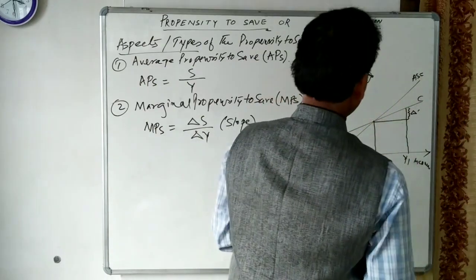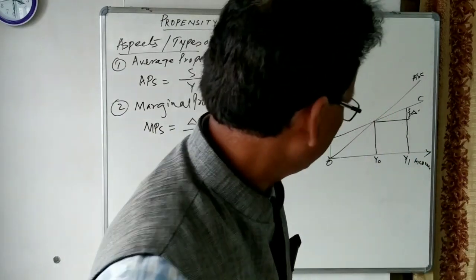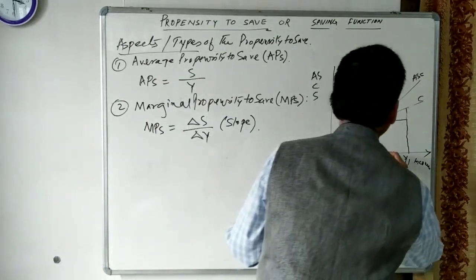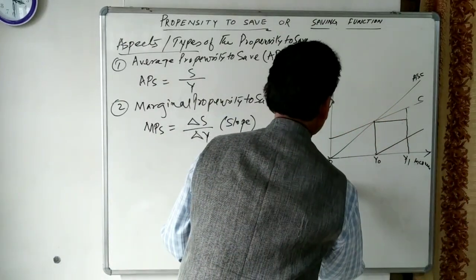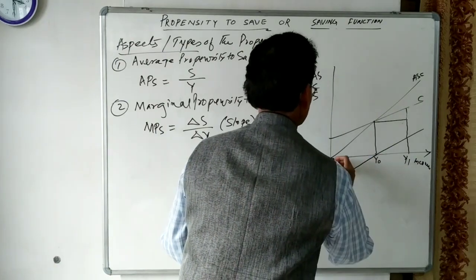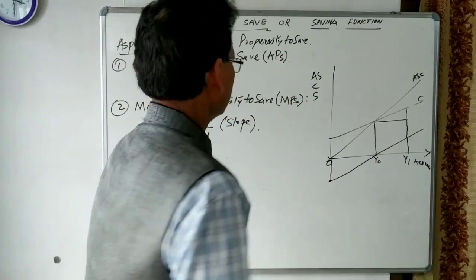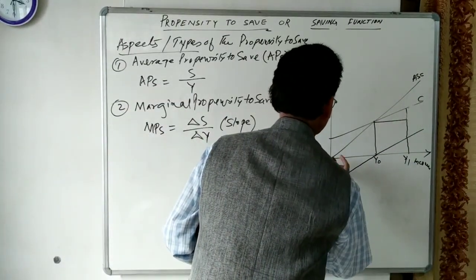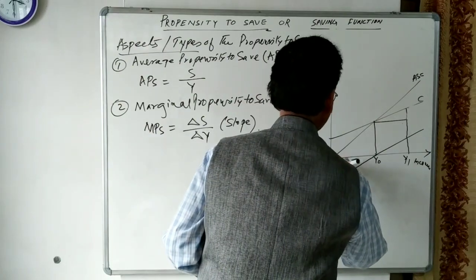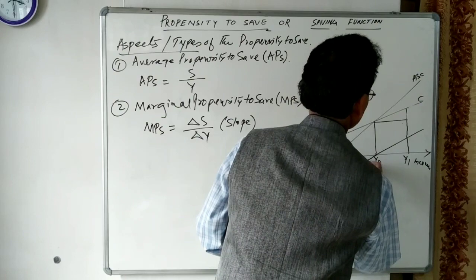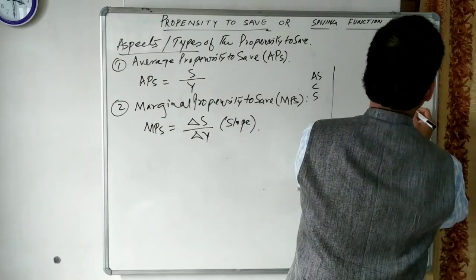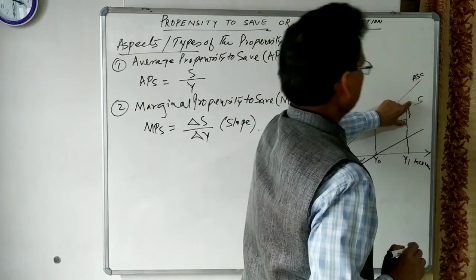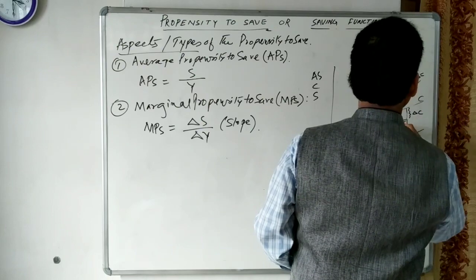This is consumption. Let us draw one line here. This will be consumption. We can draw one line over here. So this is 0. This is the saving line. You know this is saving. So if we take this, it will give us the marginal propensity to consume. This is the change in consumption, change in income.